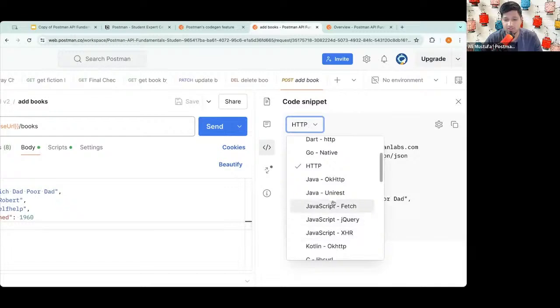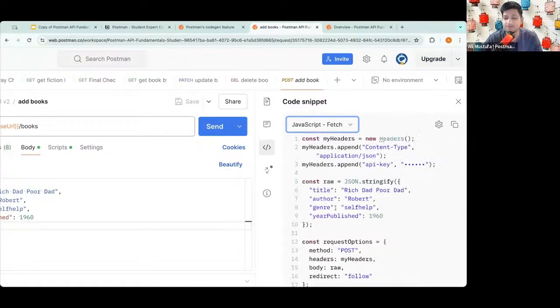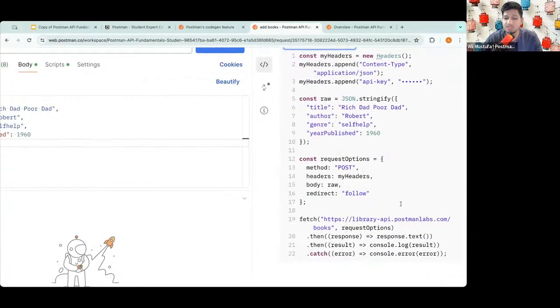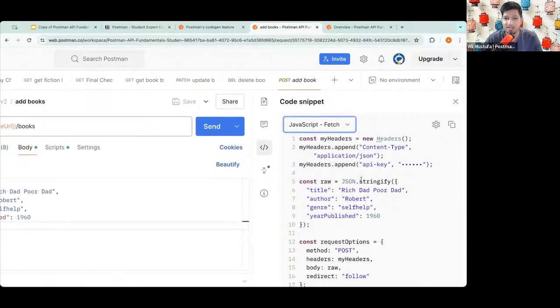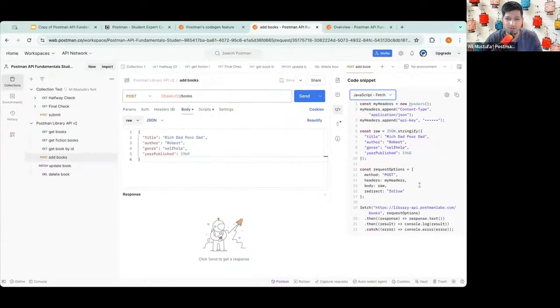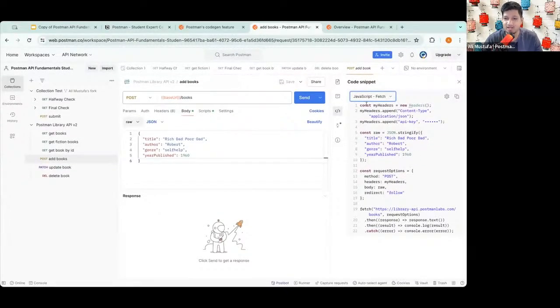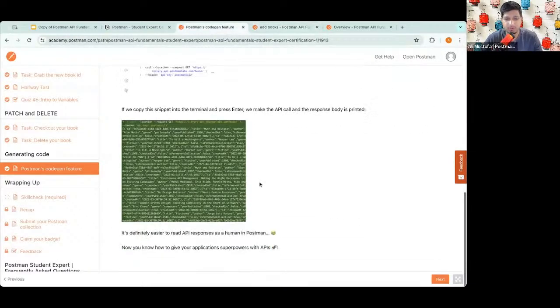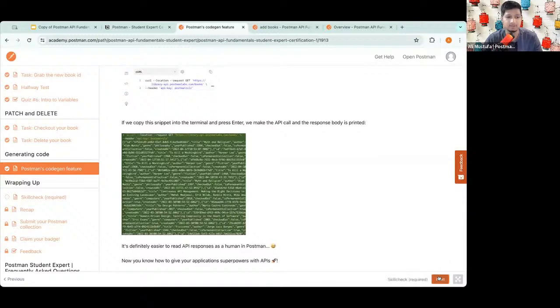You can use JavaScript, which is my favorite language, and you can run it like this. So this is something which is really sweet. I really love this. You should definitely check this out if you want to get started and see the demo code there itself. Perfect. So this is the Codegen feature. If you want to check it out, feel free to check it out.